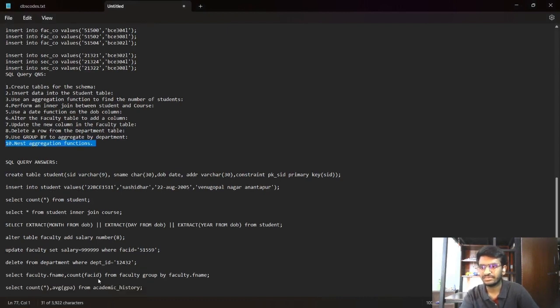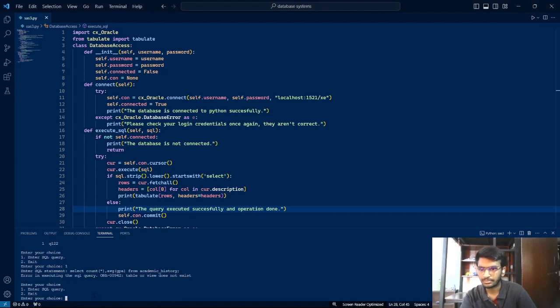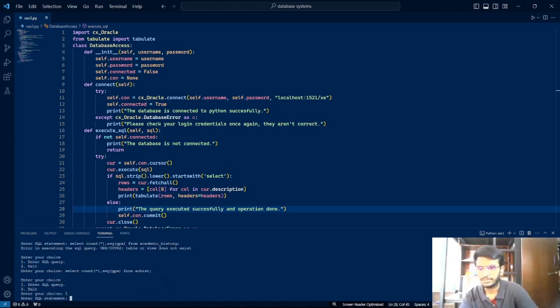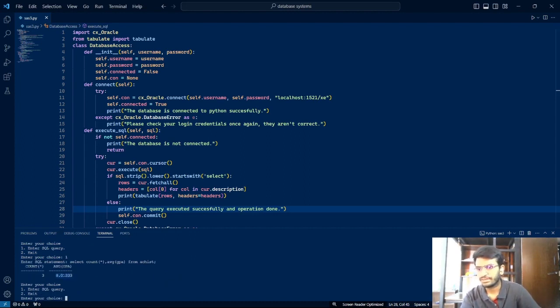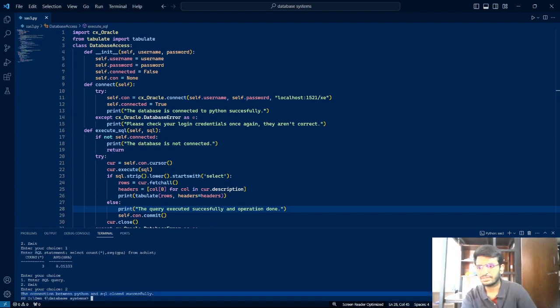Next, an aggregate function. So for that I have taken the count and average of CGPA. So let's see. Okay, one minute, I'll change the table name. Yeah, as you can see, the count is 3 members and the average is 8.0. So this is how you do SQL queries using Python by connecting. You can do the same by the SQL command line also. For exiting, we have to click 2, and it will show that the connection between Python and SQL is closed successfully. Then we'll close it and